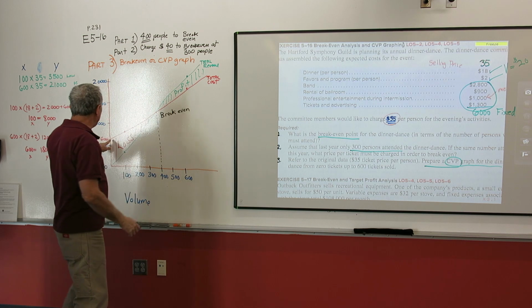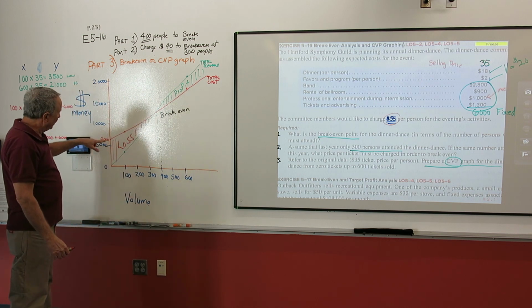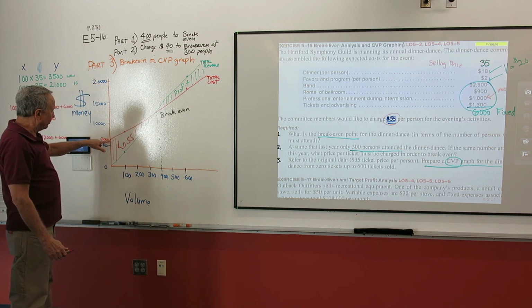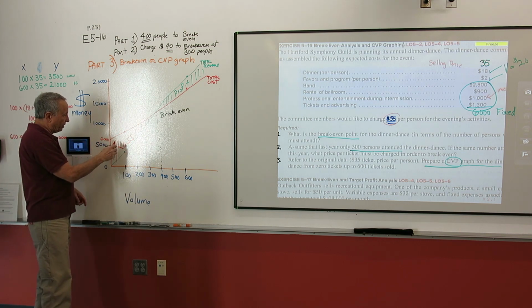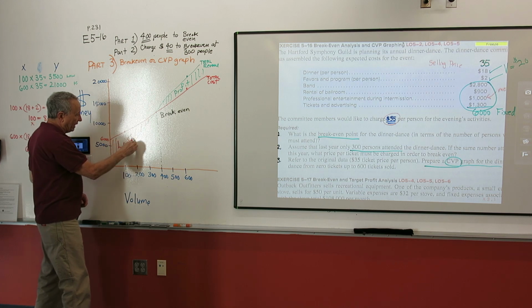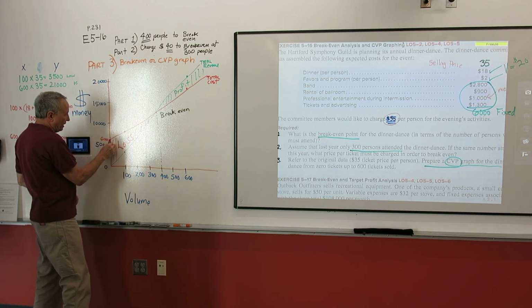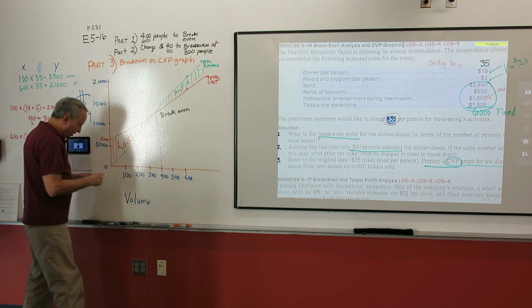And again, as you can see, the total cost intersects the y-axis at $6,000, which tells you the cost will never drop below $6,000. That's actually your fixed cost. If you wanted to, you could draw another line out here that would show fixed costs being flat, but I'm not going to do that.